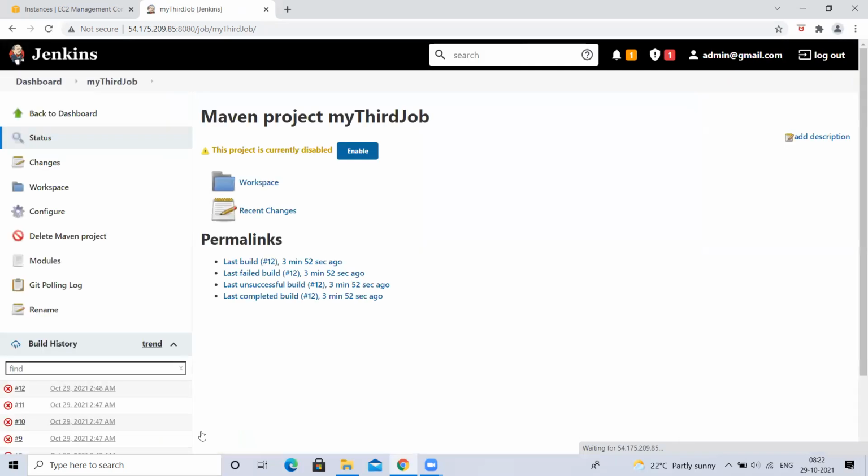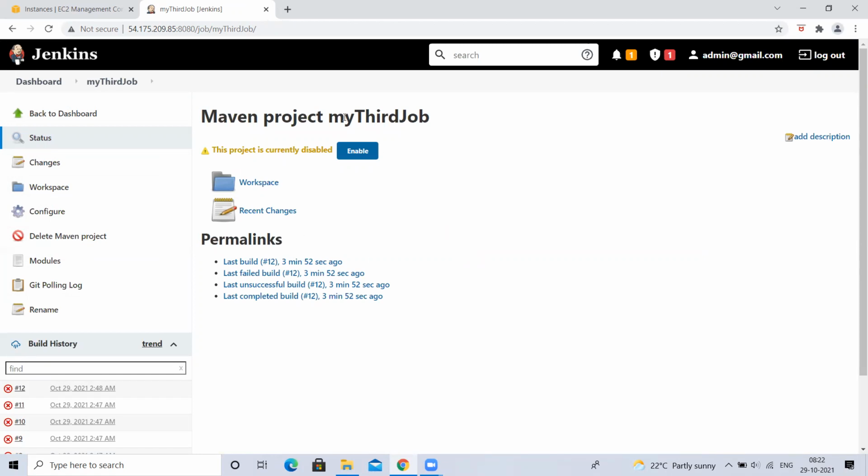Now save it. Now what is it showing? Is it showing the Build Now option? No, it's not showing. It means the job is there, but it is in a disabled mode, so you can't trigger this job. You can't click on Build Now for this job. Even if the job has any build triggers like Poll SCM, they will not get executed because this job is in a disabled state.